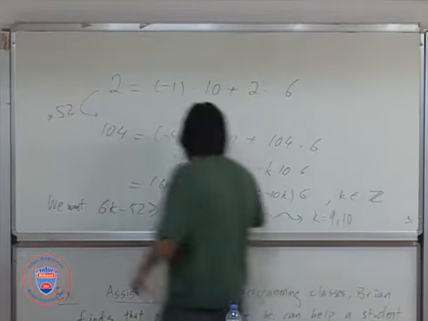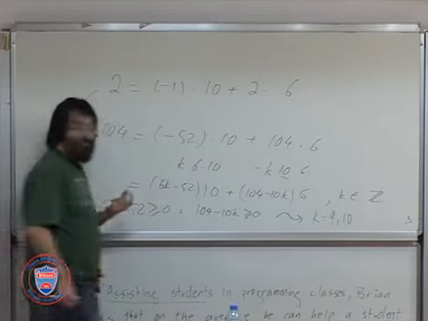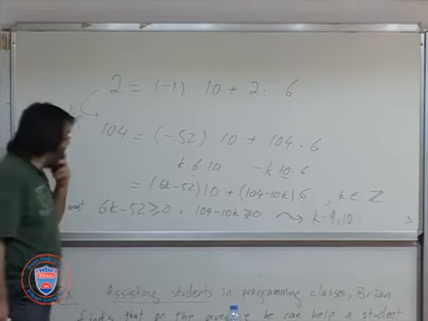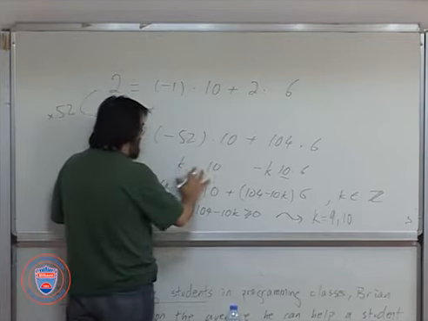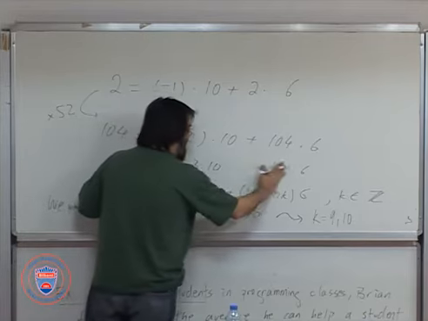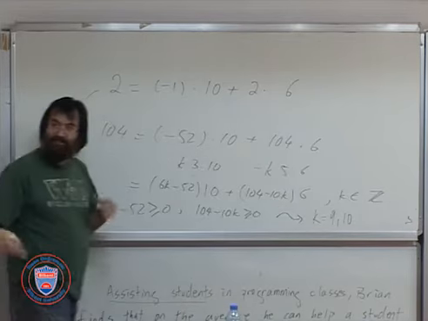So the suggestion is why play with 6 and 10 when they have a greatest common divisor 2, right? So you can change it like saying 3 and 5. Now k is positive, but